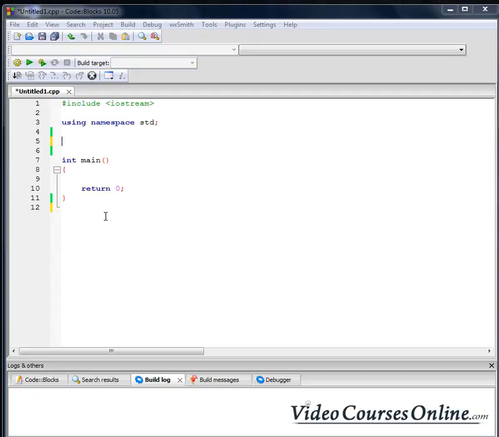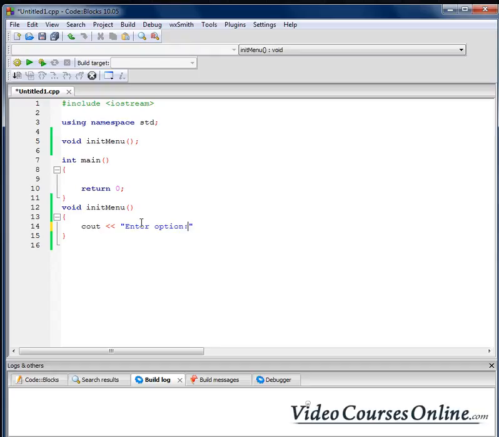So we're going to send to the output some messages like enter the option, and you can choose from the calculation of the circle and etc. Right? So let's create a function that will initiate that thing. So void init menu. Right now I will copy that because we need a definition of function also, and here we'll just send to the output something like enter option,